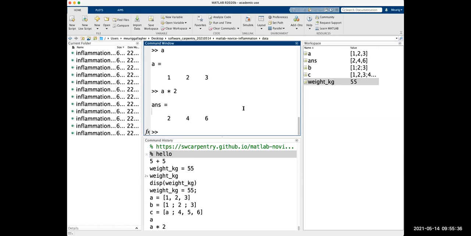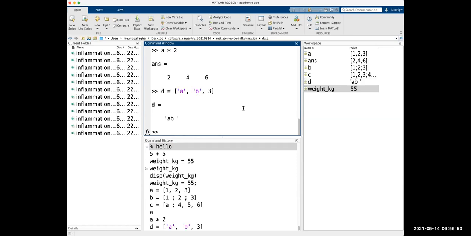So we can't have an array, let's say array D. So we're going to make it an array, so we use the square brackets. We're going to say maybe the first entry is the letter A, the second entry is the letter B, the third entry is, let's say, the number 3. That's not going to work. You see, it's not done what we think it should have done. It's done something weird. And the reason it's done that is because we've tried to put in a mixture of strings and numbers, so it doesn't quite know what to do with it. So we need to be a bit careful with that.